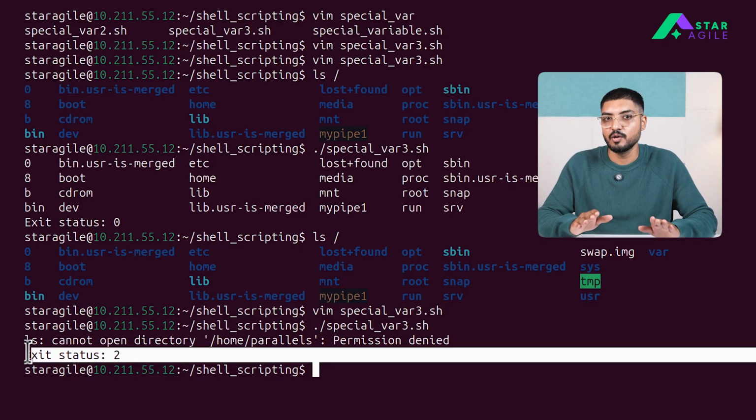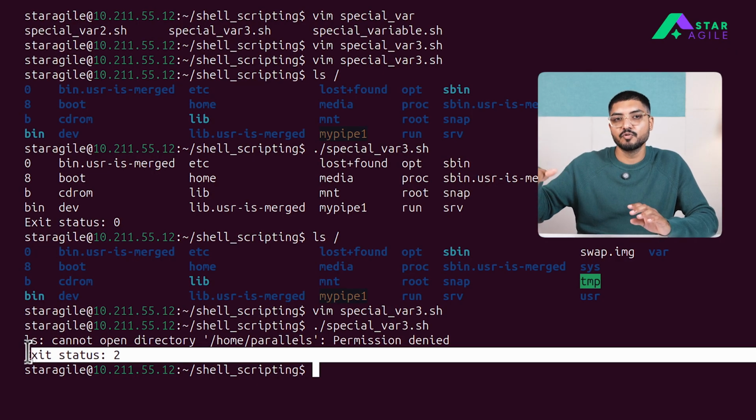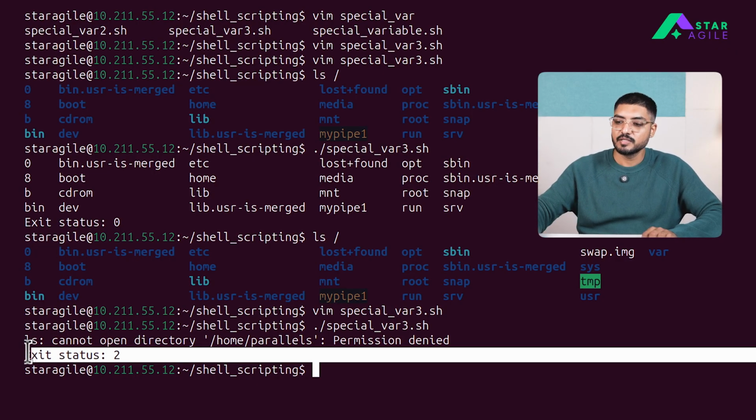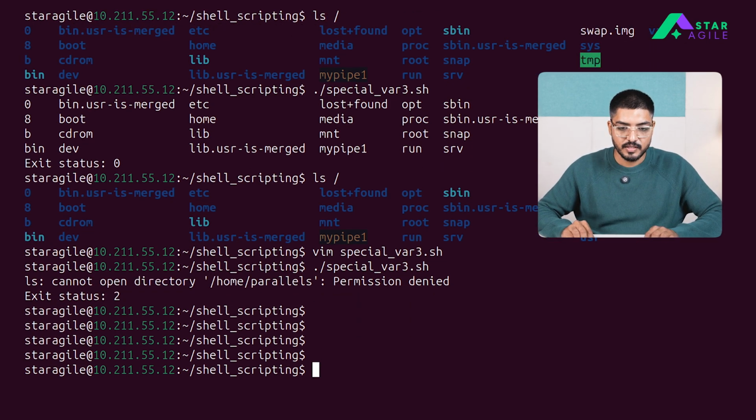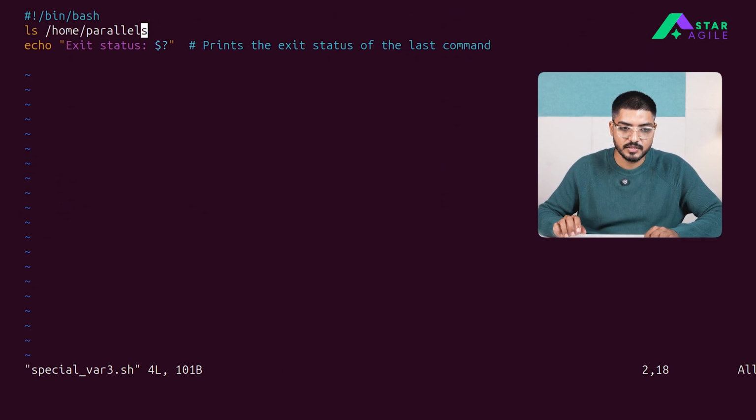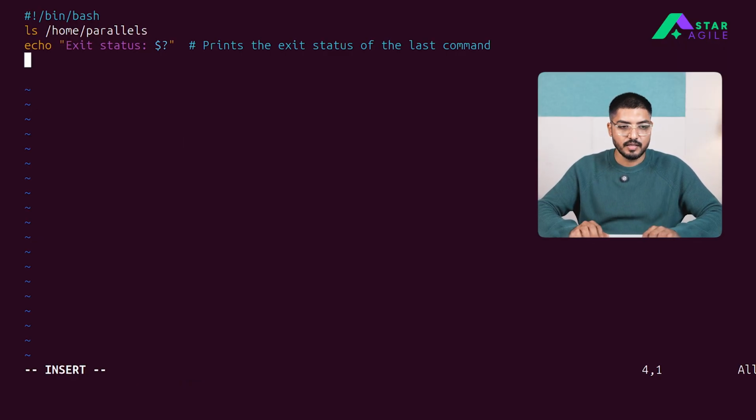You can just break the loop, or you can skip that parsing and then do further. So these are the advantages of using special variables in your Linux shell scripting. You can have multiple changes, and you are just capturing that value, and then once the value is captured, let's say if I say